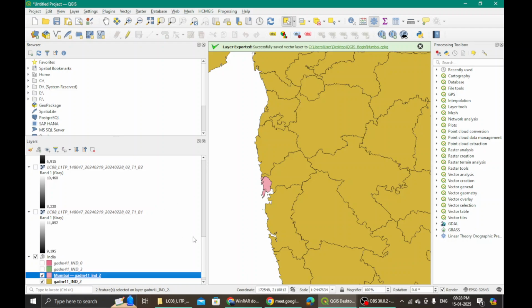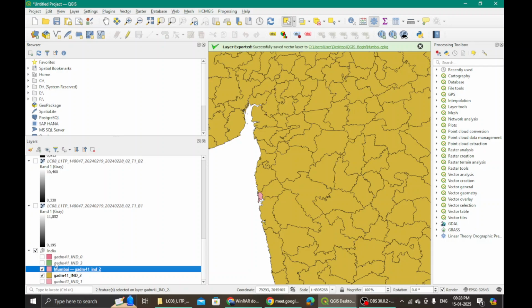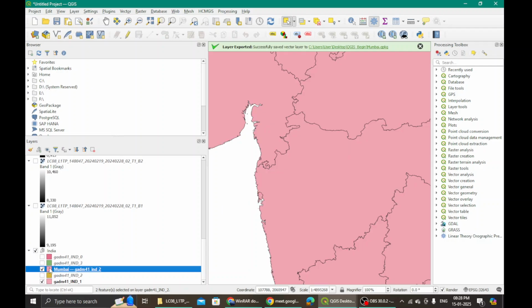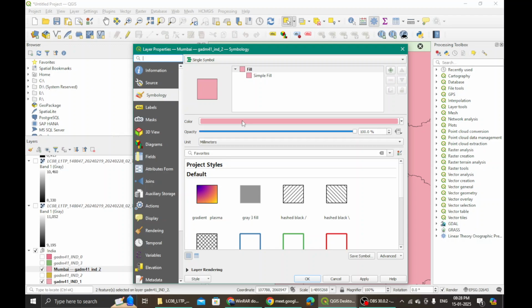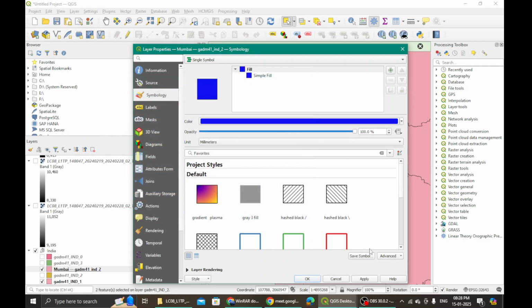Now it has come in a different color. Do you see that? And that layer will also come here, Mumbai. That is how it will come there. Good enough? Okay. Now what do I do? I zoom out and I make this layer invisible, and the one that shows me the state, that I will make it visible. Now right now both of them are in pink color, so I right click here, go to properties and change this color to maybe a blue one that stands out.